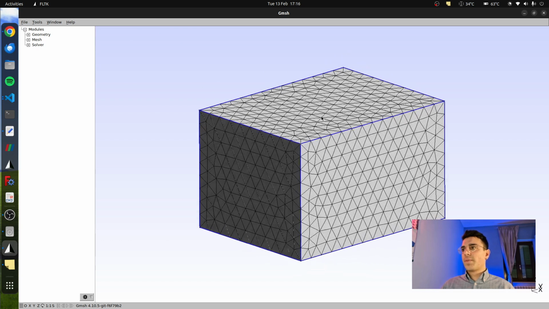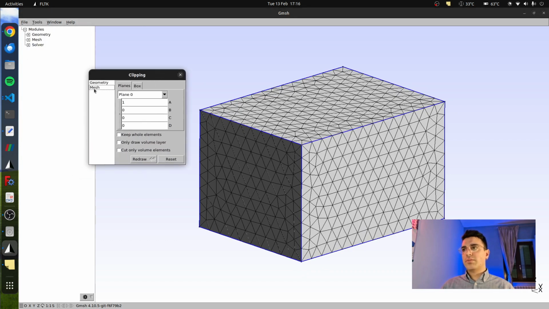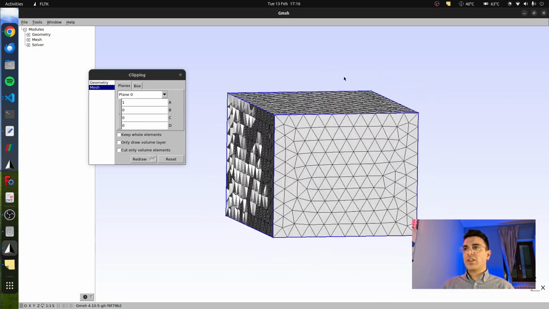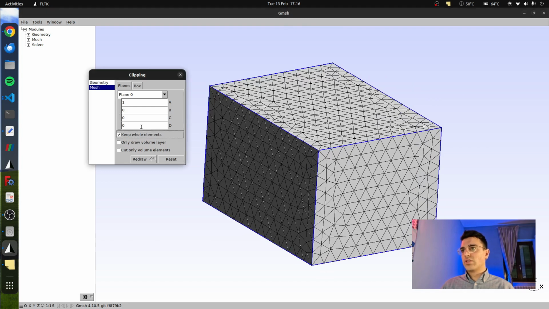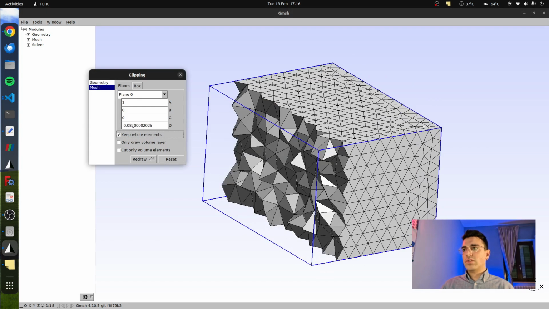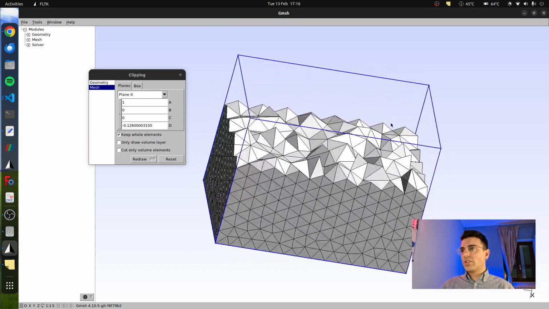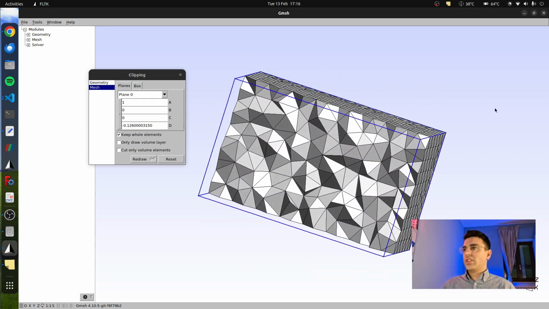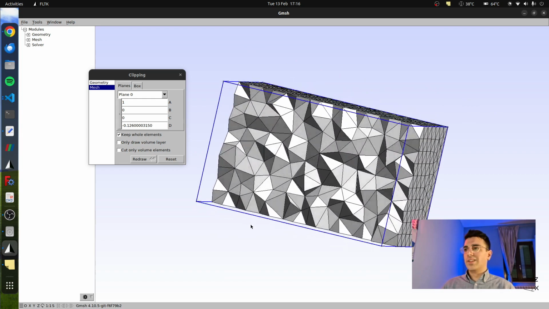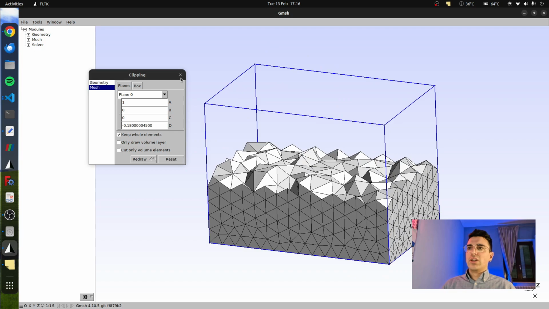2D element edges, and then we can use the clip option in tools, clipping. We just select mesh, and then we have a plane that we can use to clip our mesh or geometry. As you can see, as I go further, we see the clipped mesh and how our mesh is going to look inside. Since the geometry is quite simple, this is going to be uniform and everything is going to be okay. So this is the clipping command. We can exit